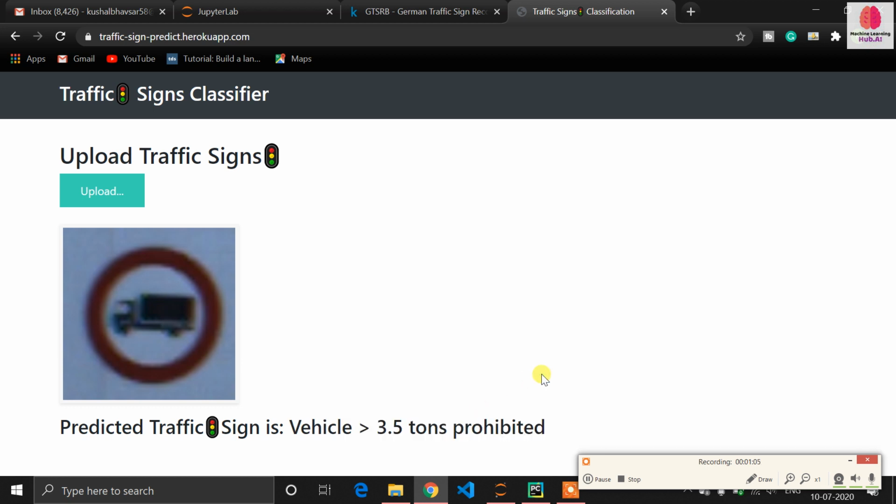So it can detect 43 different classes of traffic signs. It is built with a simple neural network which we have created from scratch. Let's see how it's working. Currently this is the front end, the web application. In this video, which will be longer, I'm starting from scratch, and I will show you how you can make this kind of application, meaning how you can implement machine learning in any real-time application. So let's see.